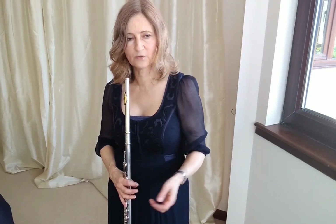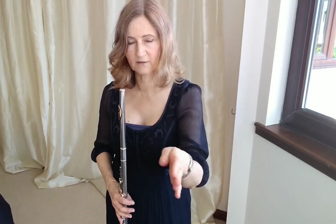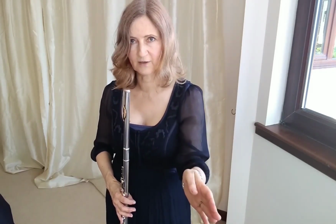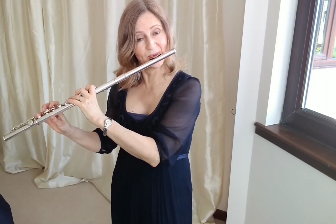When you get to bar 16, you need to make sure that you play staccato on the A, so it's nice and light, and the same in bar 18. So those are two bars that need to be the same. So make sure that they are the same in terms of the articulation. Don't play one longer than the other or whatever. Make sure they're the same, so it's consistent. And then when you get to bar 17, 18, 19,